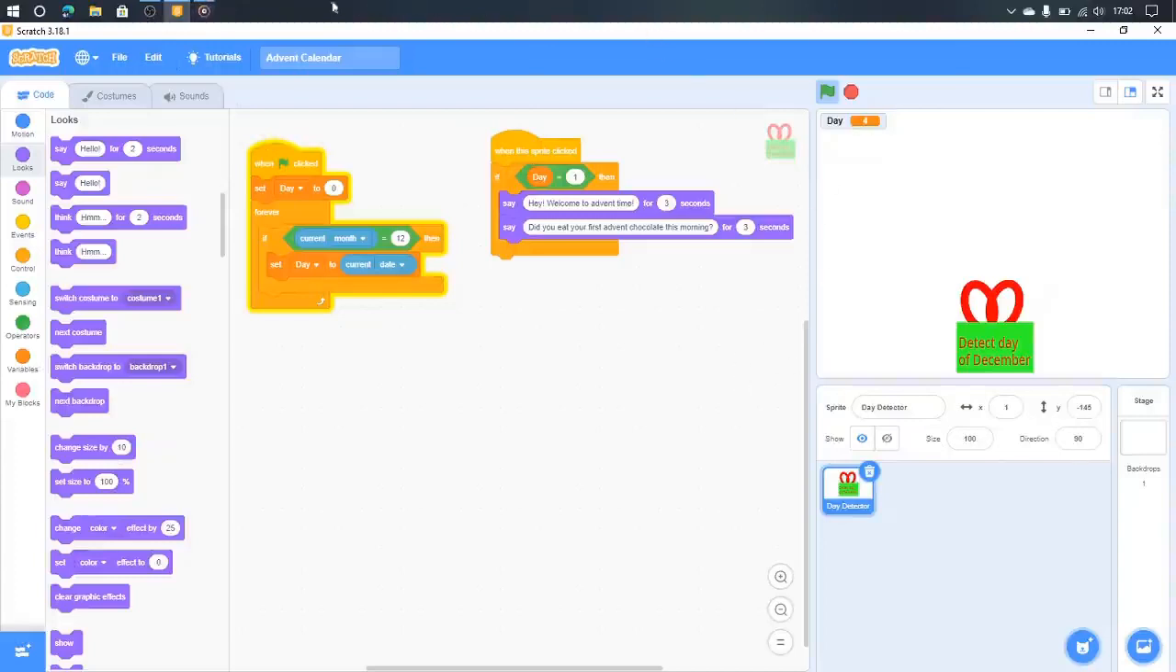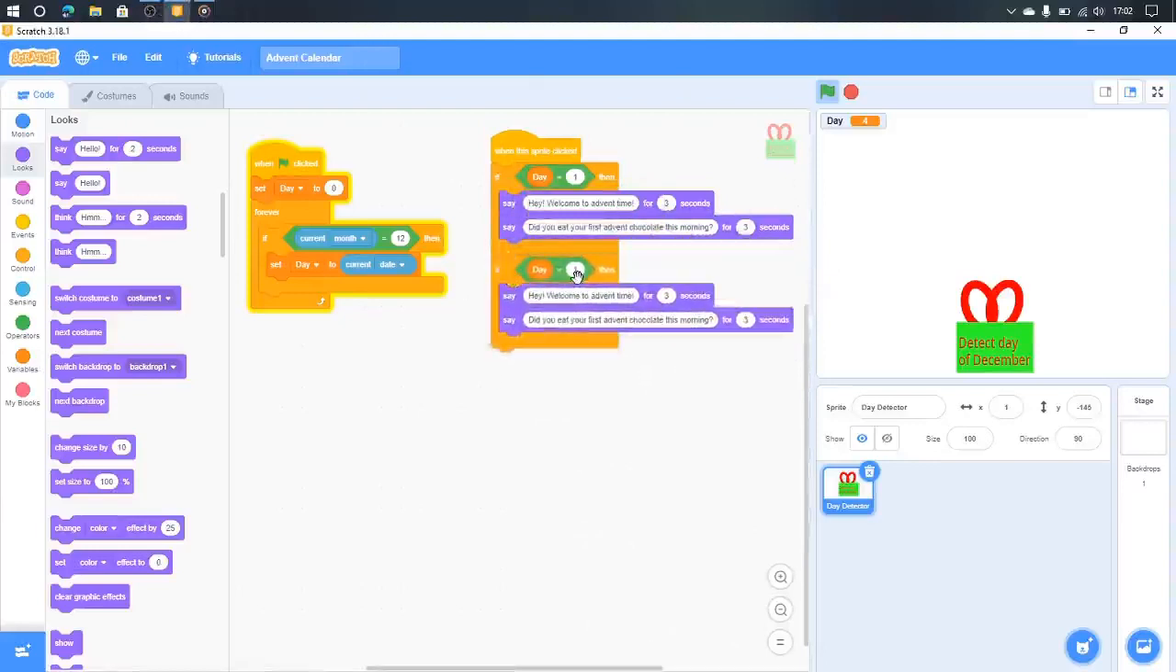And now that's running. We have it, so it is running constantly. On the clicked, it'll check for these things. So when we're going to duplicate, if the day was 2, then say welcome back for 2 seconds or something, and then say how